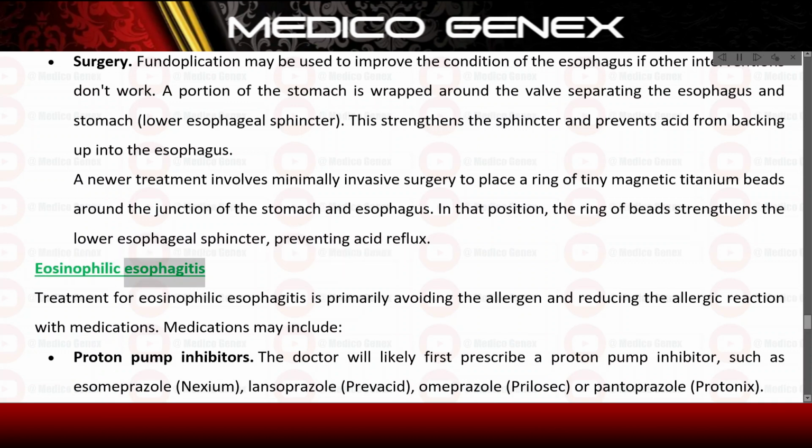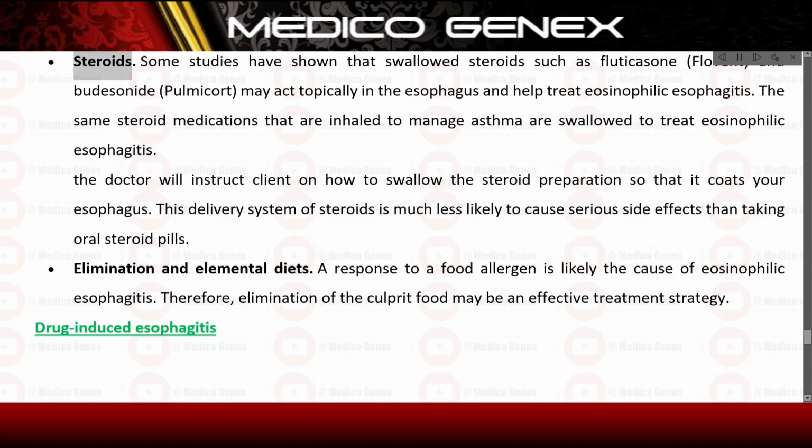Eosinophilic esophagitis. Treatment for eosinophilic esophagitis is primarily avoiding the allergen and reducing the allergic reaction with medications. Medications may include proton pump inhibitors. The doctor will likely first prescribe a proton pump inhibitor, such as esomeprazole, Nexium, lansoprazole, Prevacid, omeprazole, Prilosec, or pantoprazole, Protonix. Steroids. Some studies have shown that swallowed steroids such as fluticasone, Flovent, and budesonide, Pulmicort, may act topically in